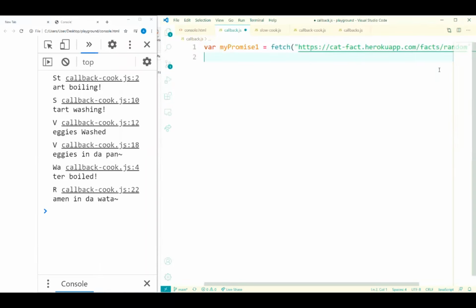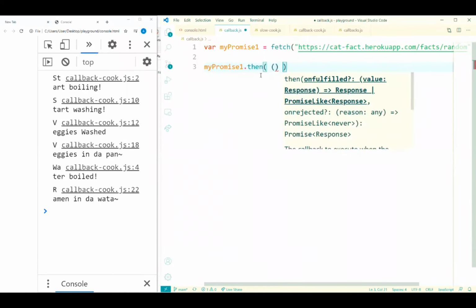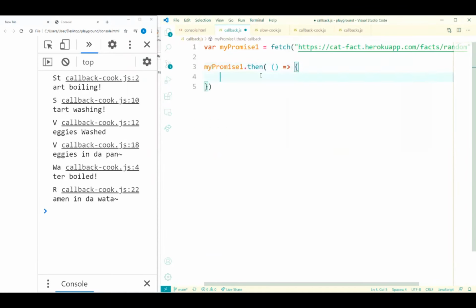Remember that myPromise1 is a promise, and every promise has a .then method. As you can see, VS Code is very smart. It recommended this then function. So we can do a .then, right? Remember that .then is actually a function. So I'm going to create a function and do this.